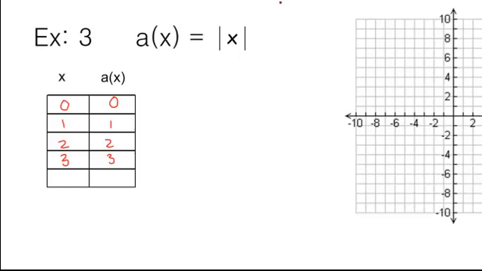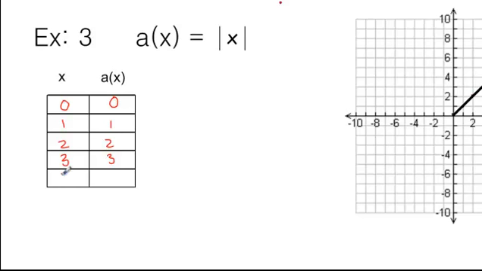Let's plot those points now. 0, 0. 1, 1. 2, 2. And 3, 3. So we see a line going off in this direction. Let's plot it. Looks something like this, and it's going through 1, 1, 2, 2, 3, 3, 4, 4, etc. However, if you didn't think to put in any negative values, you wouldn't see what is the most interesting about